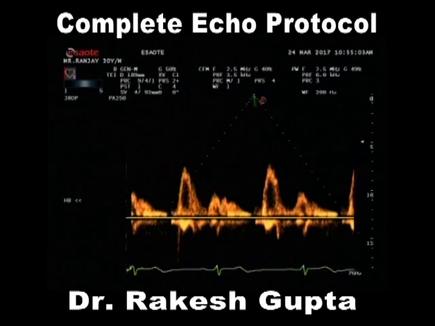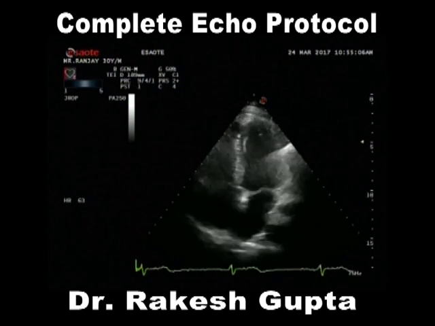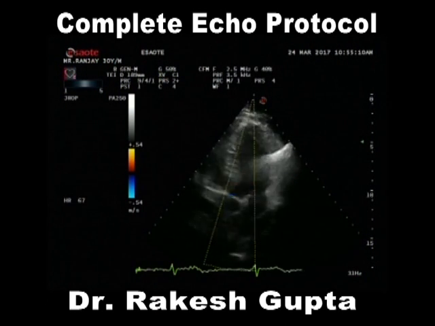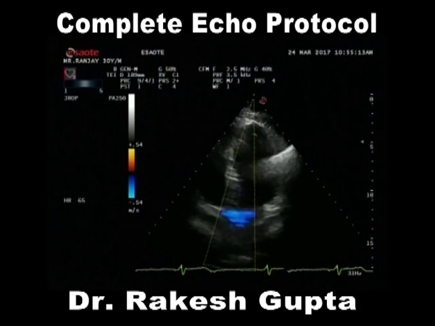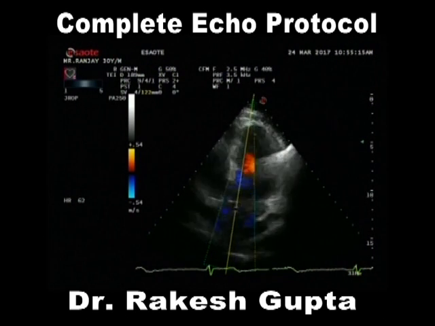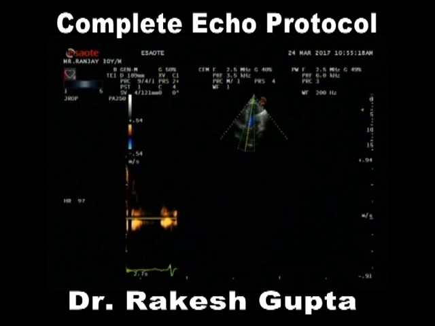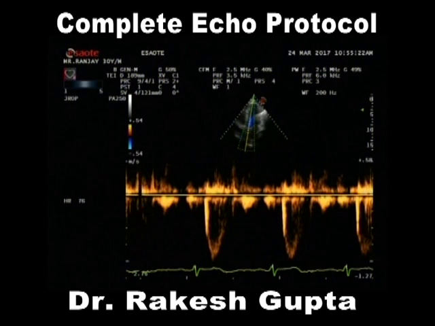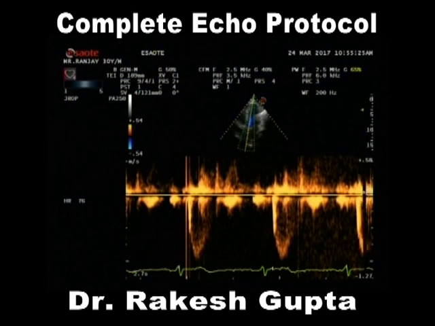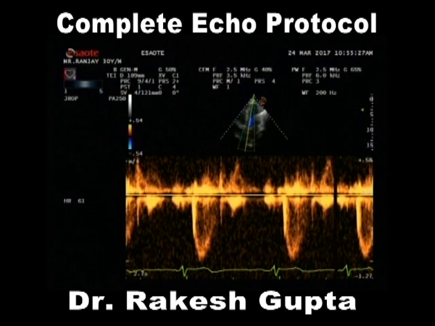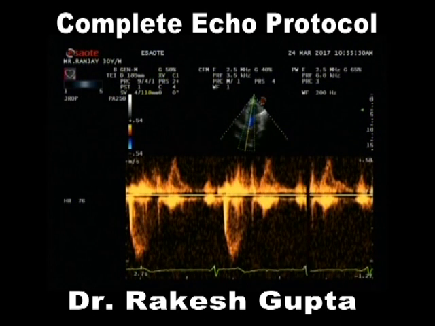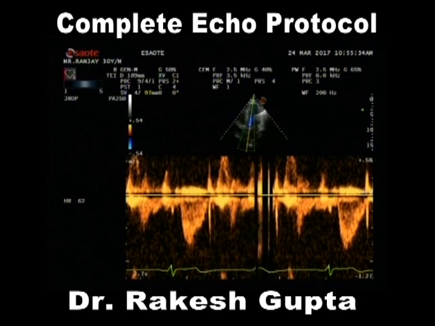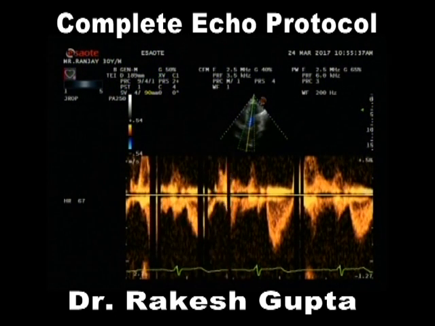Once we have done this, we go back to look for any regurgitations. Then we look at the Doppler spectrum pattern at the aortic valve, and here we keep the sample volume just distal to the tip of the aortic valve leaflet to get the aortic flow velocity. And if I move this sample volume before the aortic valve, what I am going to interrogate is